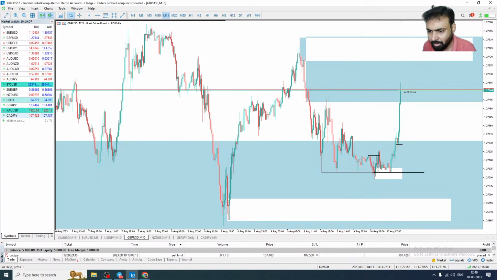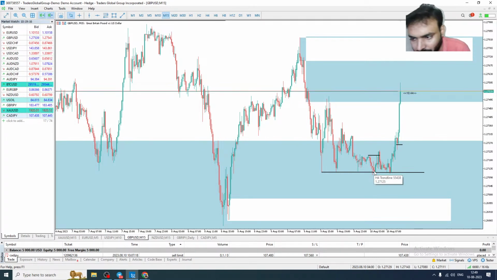Now you can see this is the missed one. Today morning we got missed. 10:30 this has happened. I mean, this has happened I think before that. So price exactly touched there and it pushed up. This is one we have missed, a missed trade. But now we are looking for this level again, once again.